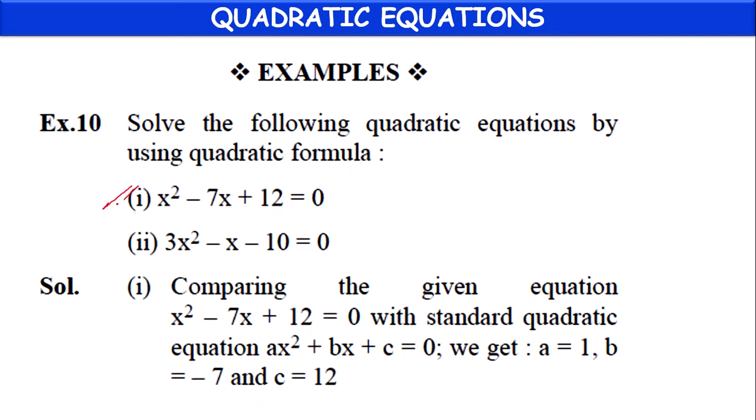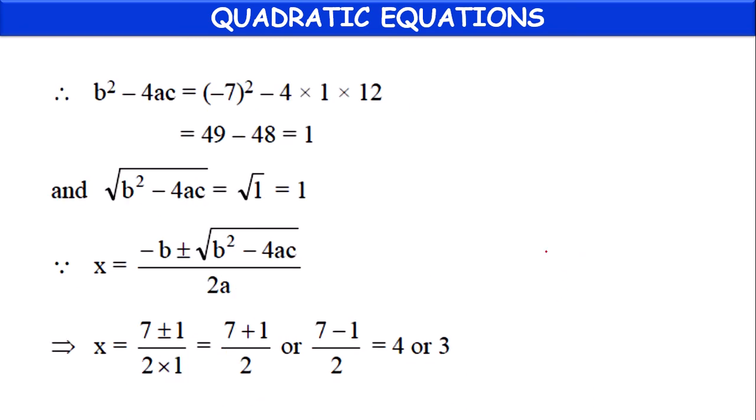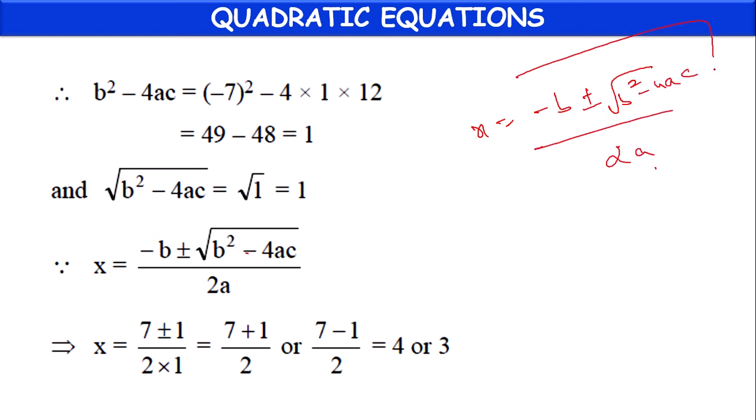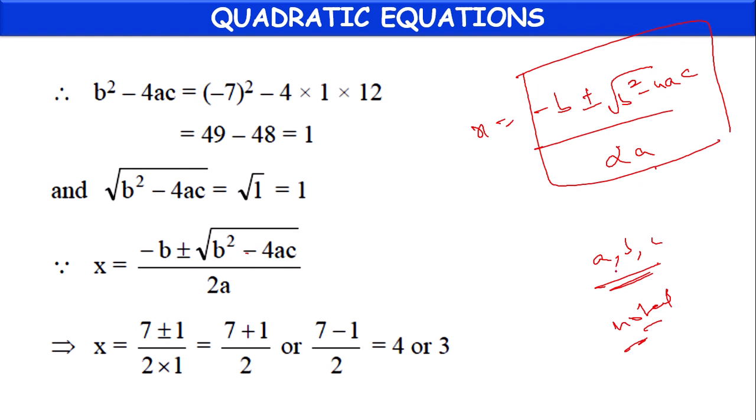So from the given equation, by taking the help of the standard equation, we have to note down the values of a, b, c. After that, what is the formula for finding the roots? x equal to minus b plus or minus root of b square minus 4ac by 2a. This value is based on abc values. So that's why we have noted down abc values first, so that we can substitute them with the values and find the value.